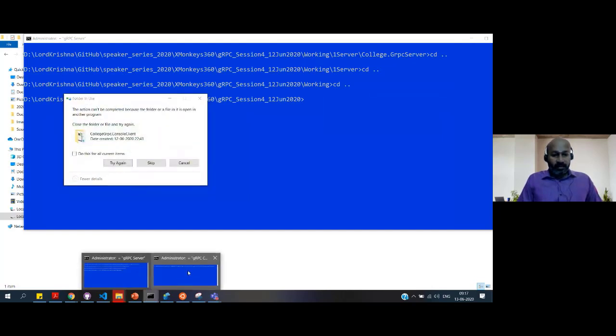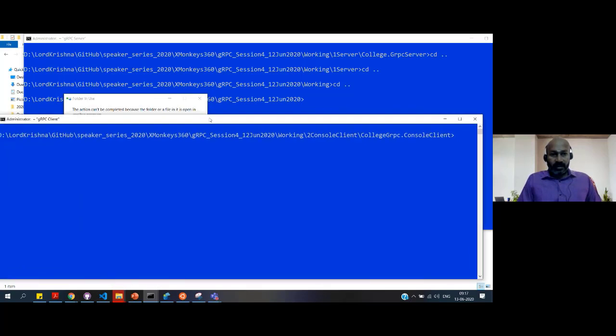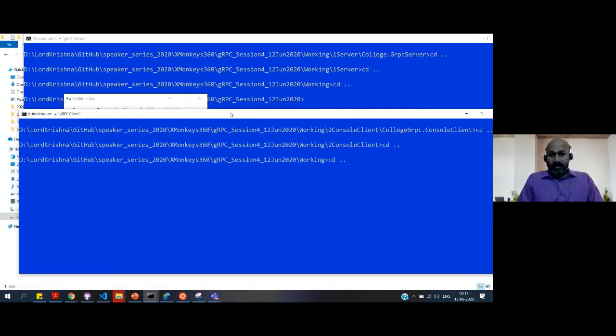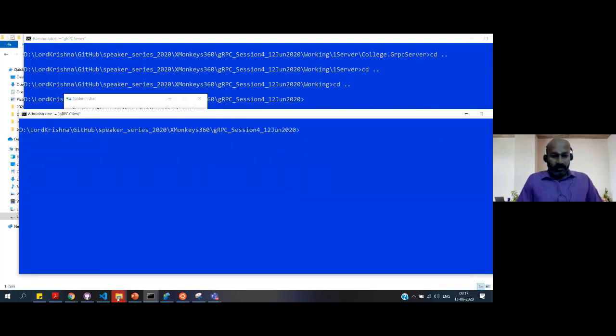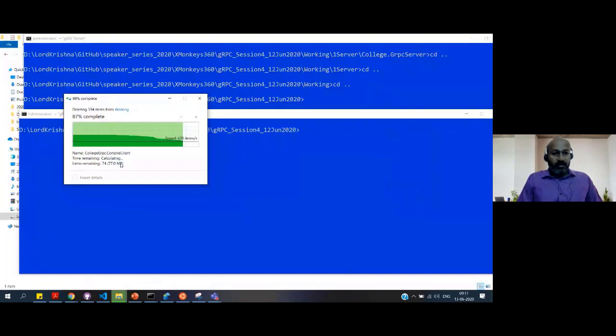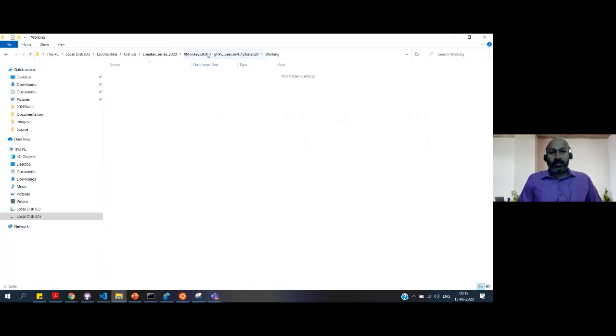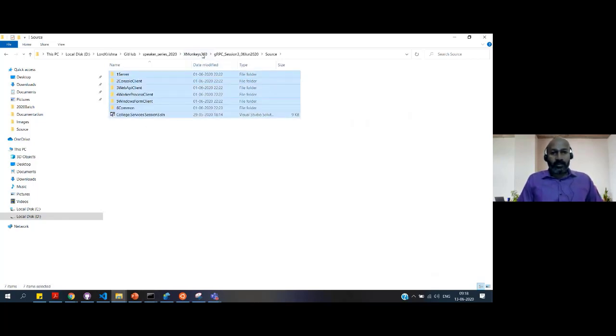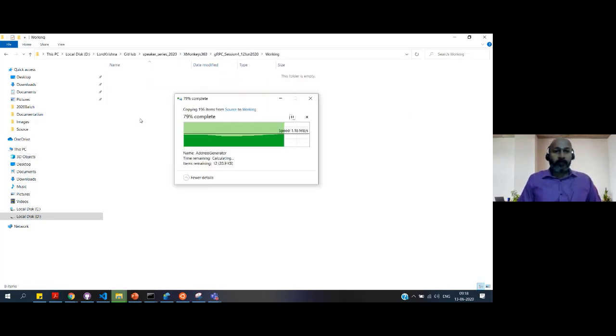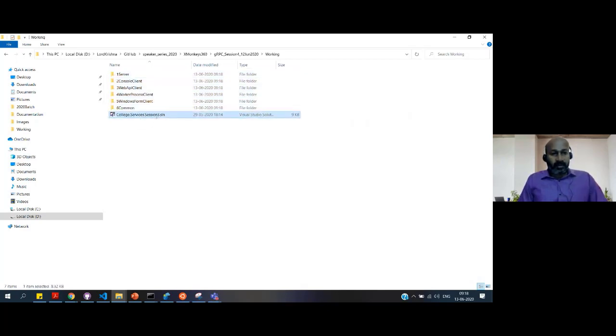And similarly, I need to get out of this client. cd dot dot dot dot dot dot. Okay. I think this should clean up everything. Cool. So now we don't have any files under working. So let's go back to session 3 where we stopped. So I'm bringing in the code of session 3 and dropping it inside this folder, and I will mark it as session 4